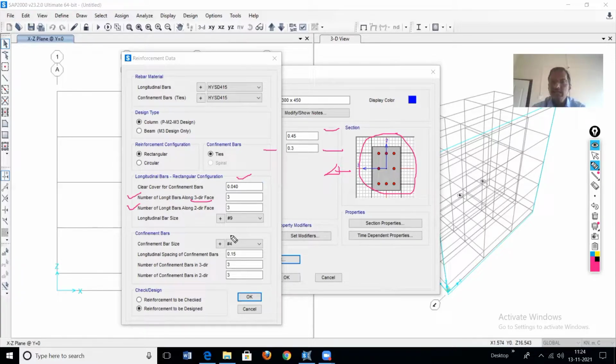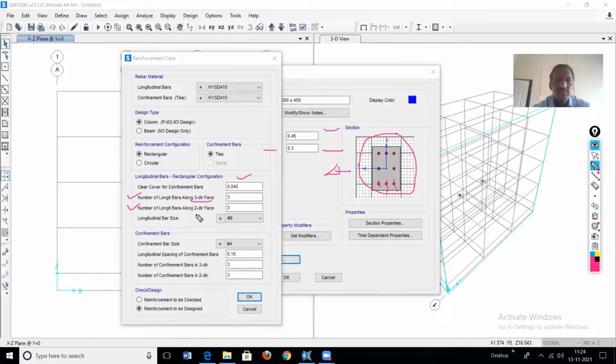By default it has defined some number of bars. In the 3 direction, how many are there? This is 1, this is 2nd, and this is 3. Three are there. Do you want to change it? If you want to change it, make the correction. Suppose you want to put 4, then write 4 here. In this case, we'll keep 3 as it is.